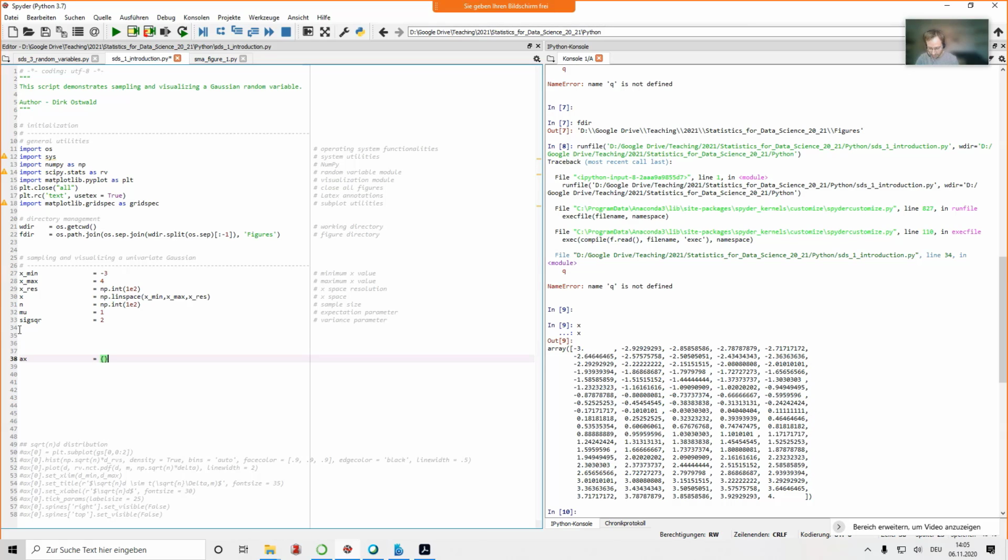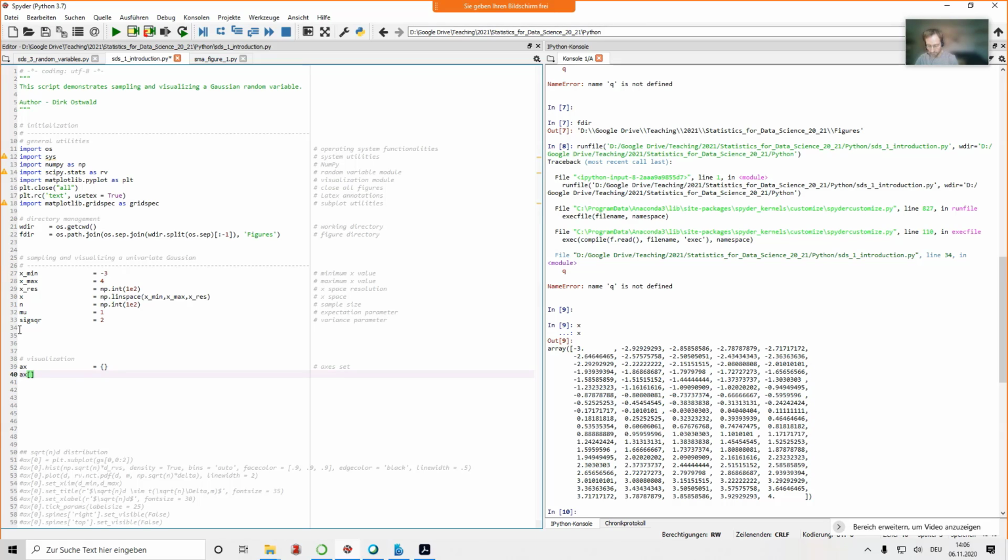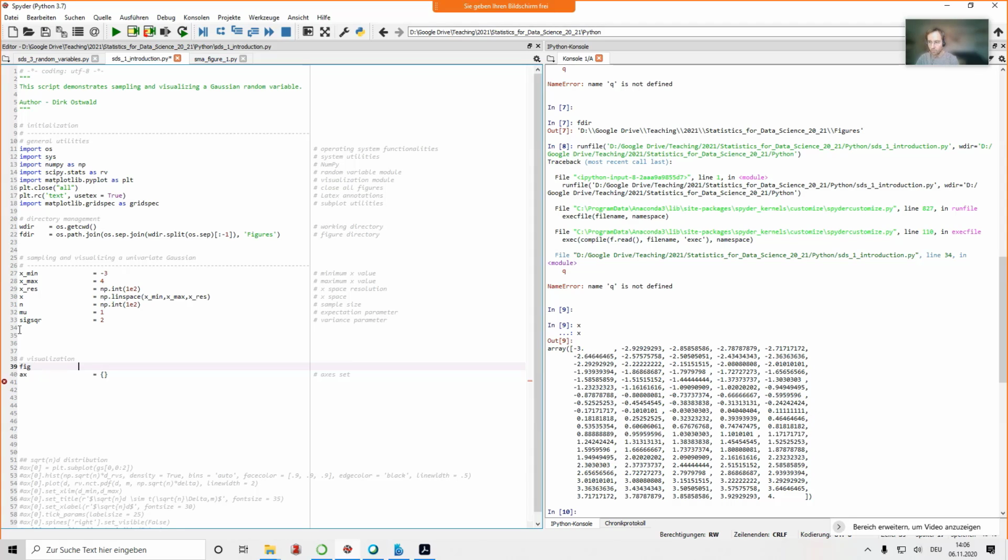So the way I'm doing it then here is always to initialize for visualization purposes an axis set. Of course you can do that differently, but I find this quite helpful. Then choose some, sorry, I forgot something. Sorry. First, of course, need to initialize a figure. I'm using pyplot to initialize a figure, and yeah, you can decide on your figure size so that it looks nice. So let's use what I have here. So this just creates a figure window.